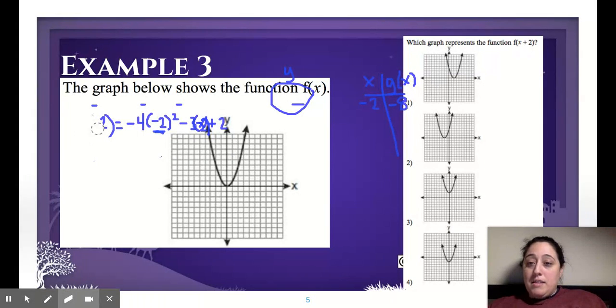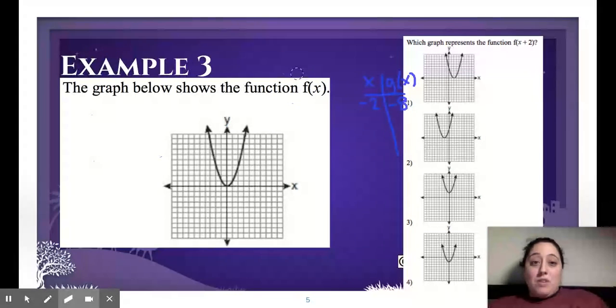Okay, and as I erase this, just kind of give it a look. All right, and we're starting with the graph that is right here that I'm erasing over. All right, so it's saying the graph below is the function f of x. All right, so awesome. Now the question as I move over here is which of these 4 graphs represents f